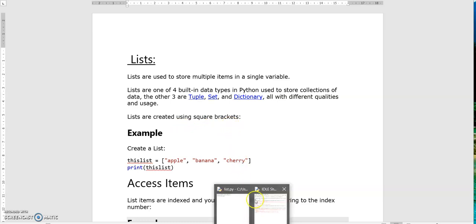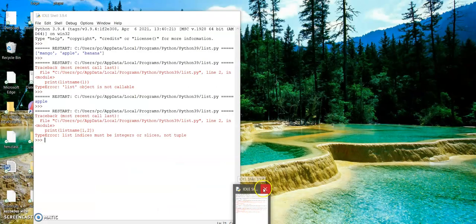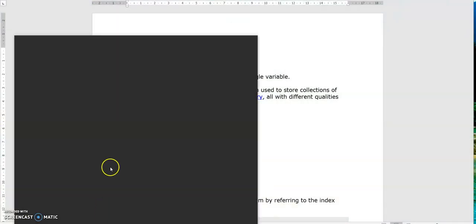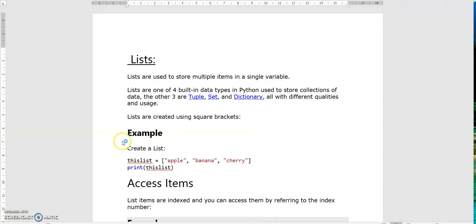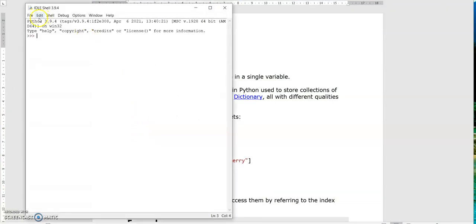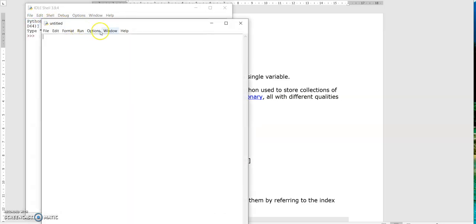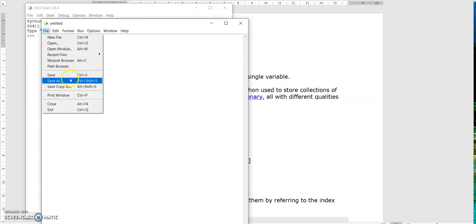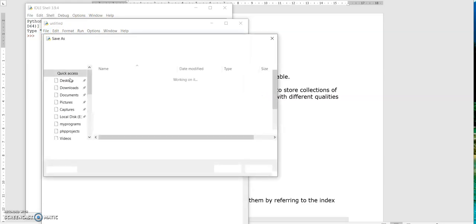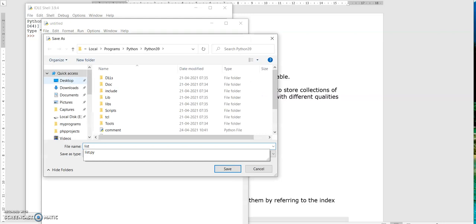Let's open Python IDLE. Choose new file. First, create a Python file name. Save as list.py. Py is the Python extension.